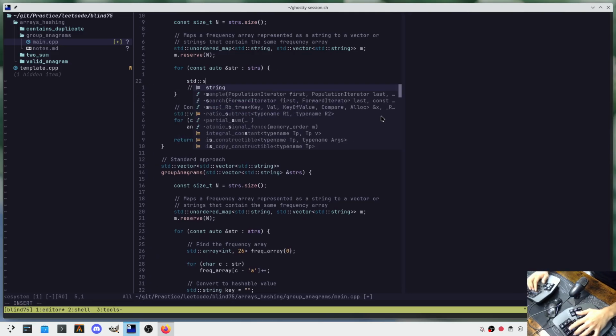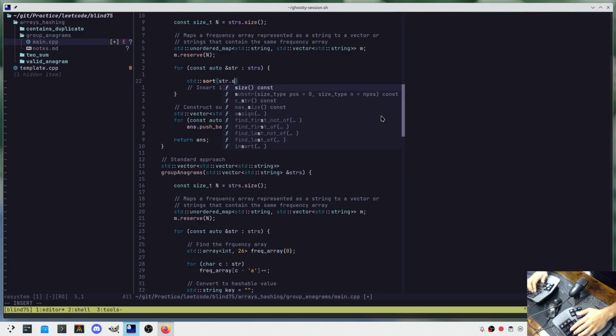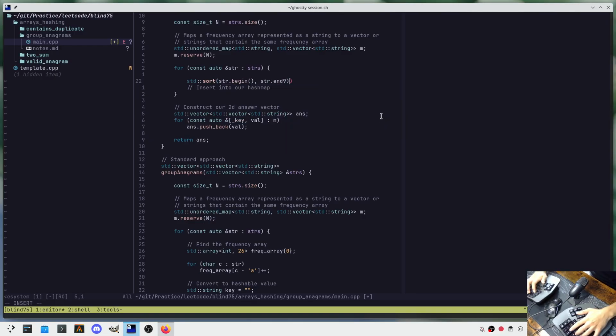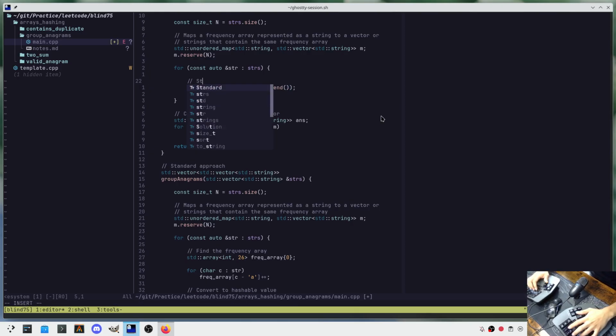We can just sort the string itself, from str.begin to str.end. Sort is highly optimized for short strings. The reason for that is because